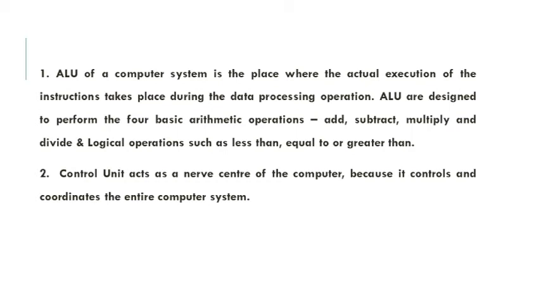So we have some important functions of this control unit. The first one is that it fetches the instruction from the primary memory at the location pointed to by the program counter register. Then it decodes the instruction in the instruction register. Then it executes the instruction by means of sequencing a series of control signals to other components of the CPU. Then also it controls all data transfer between various components, both external, which means the memory and the input output devices, and also internal.